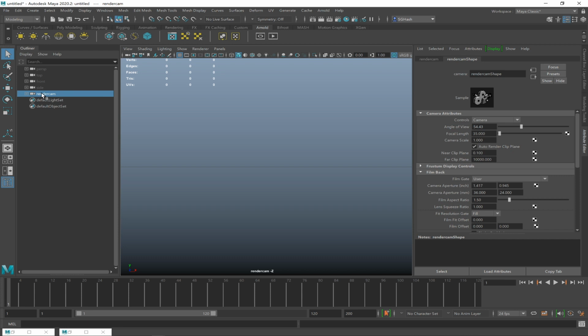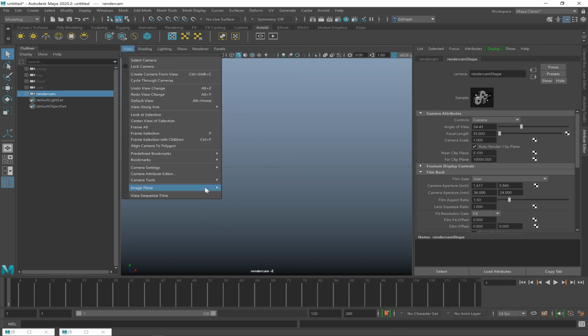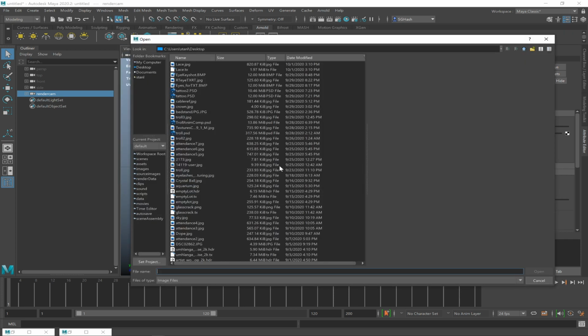So again, make a render camera. Look through the render camera, either under panel look through selected or perspective render camera. Make sure you're looking through the render camera. Go to view, go to image plane, import image, just like we did with the apple, just like we did with the banana, just like we did at the beginning of class, right? Same thing. Then find your